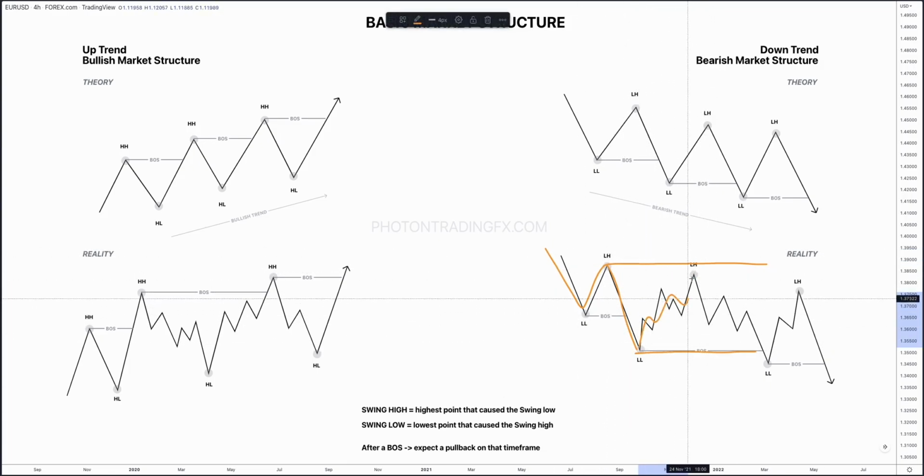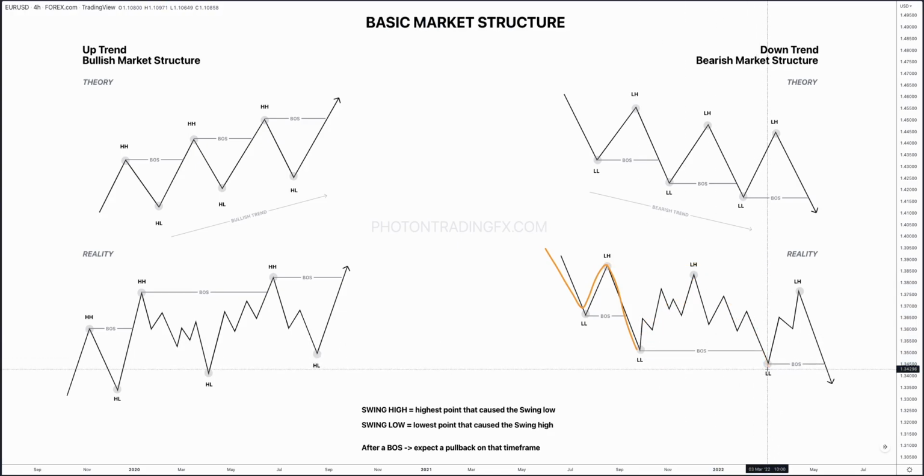So price can do whatever it wants, and then it's only once we then go on and break that swing low to form a swing lower low, then we can look back and go, where is the new swing high? Well, it's the highest point that took out this low, right, after it was printed, which would be this point here, okay? This is the swing high. So then you draw your new swing range, okay, between these two orange lines,